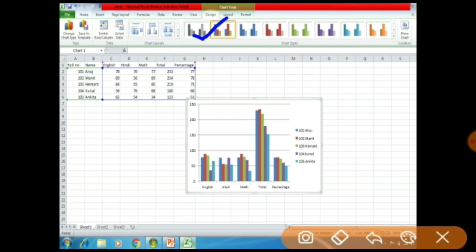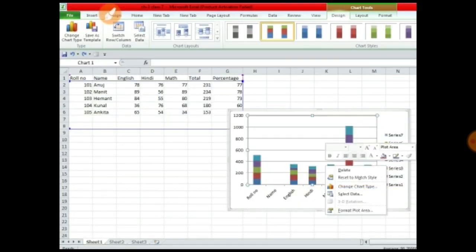and you just have to click on one chart, whatever chart you want, you just have to click on that chart. Okay, after that, here you can see we are having the plot area, which is basically without color, and if you want to make it more attractive, you can easily format the plot area. So how to do it?